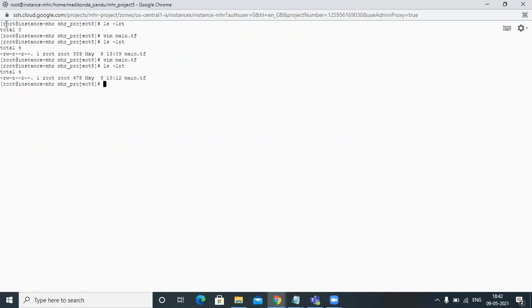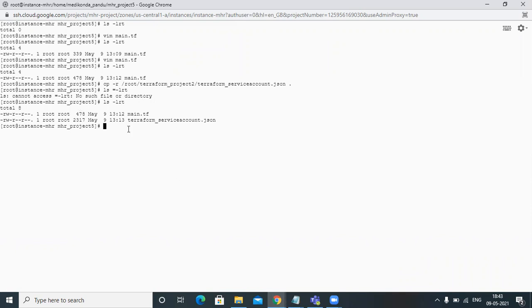I don't have a service account here. The service account I copied from my directory already. In the Terraform school project I have a service account. I will simply copy that one here. Now I have created a service account.